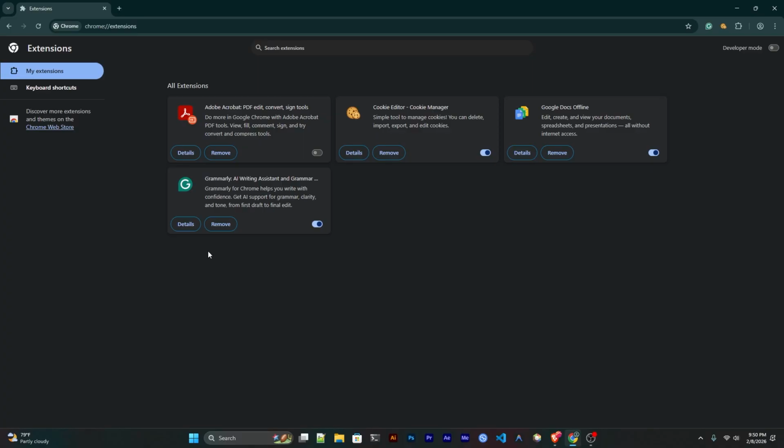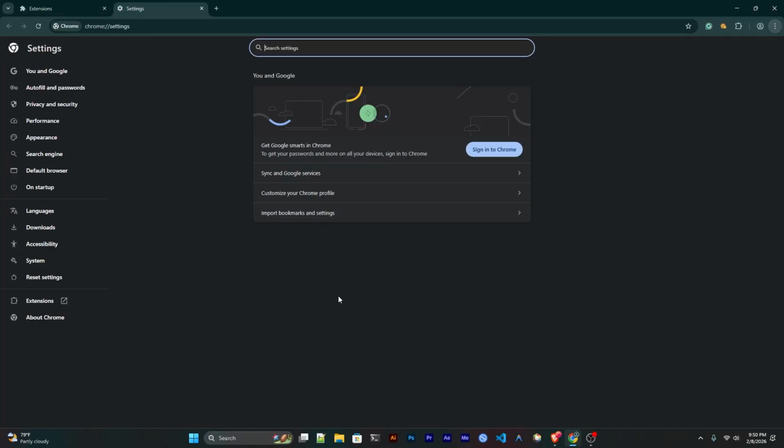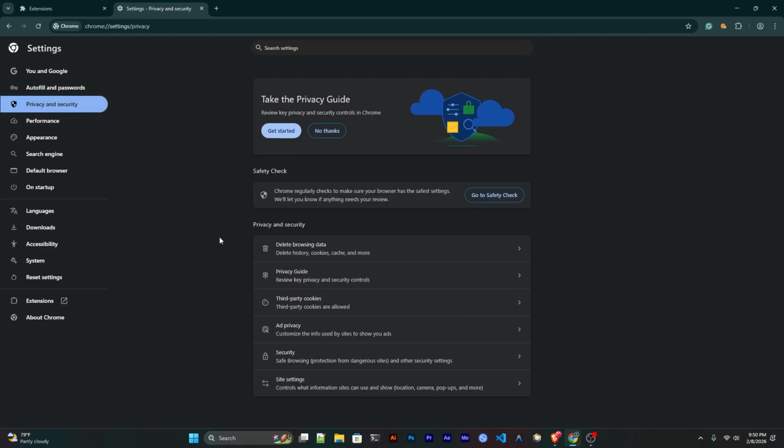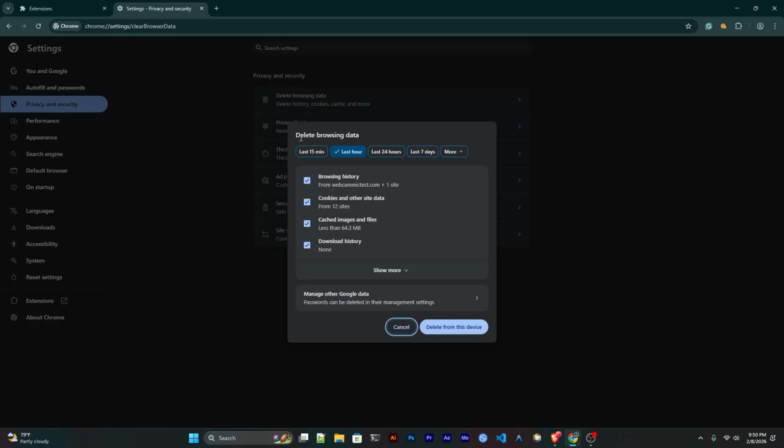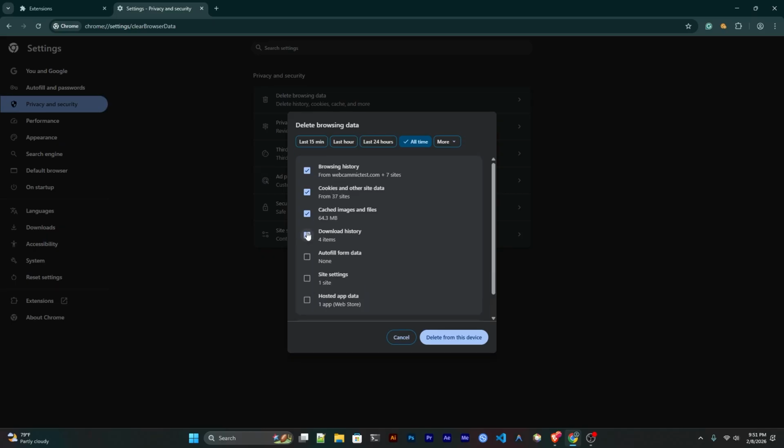And the next thing you want to do is the hard reset. To do that, go to the Settings menu again, and then go to the Privacy and Security section, and in here click on Clear Browsing Data. In here you can see it lists several options that you can use to clean the histories. Click on All Time and uncheck the options that you don't need, and make sure to select this option,